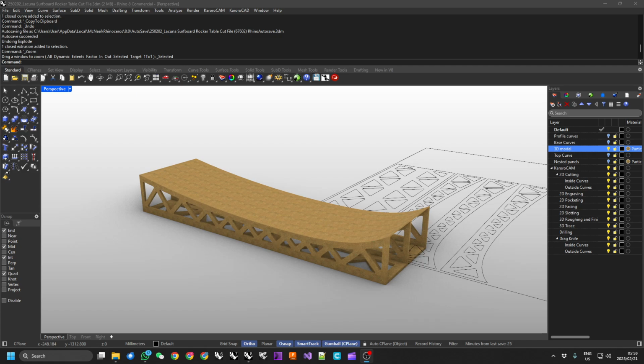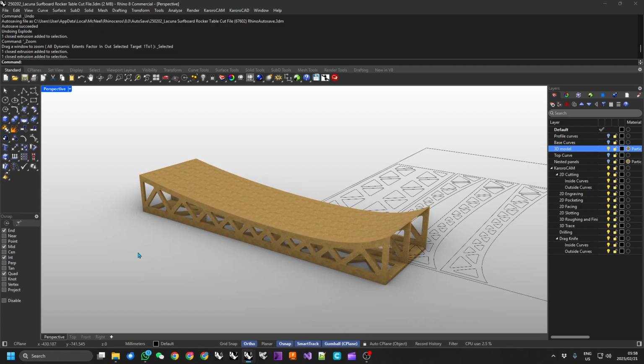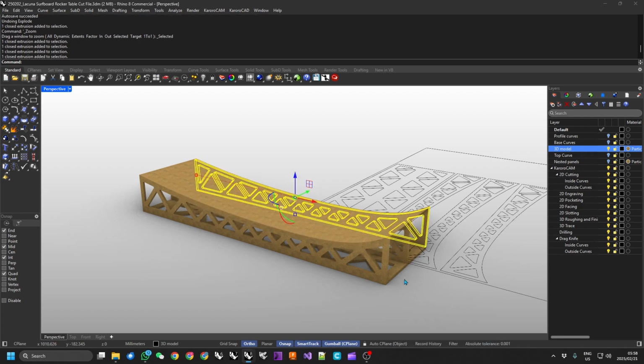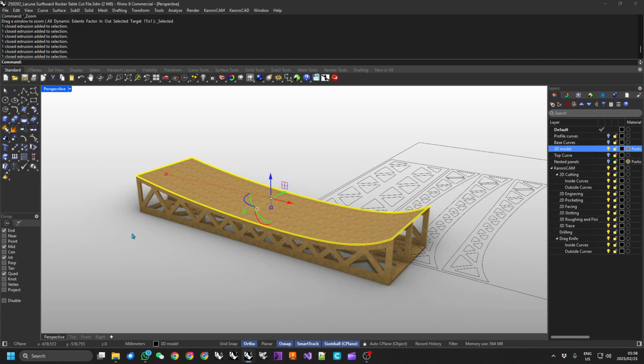Today in part 9 of this multi-part series on how to shape a kite surfboard in KaroroCAM, we're going to be going through cutting some 6mm MDF parts. In particular, we need the top surface of the rocker table. We've covered in previous episodes how we've cut all the 16mm base and rails for this rocker table, but we now need to cut the top